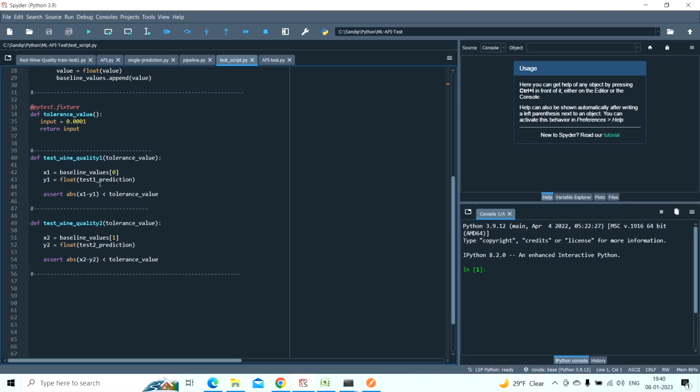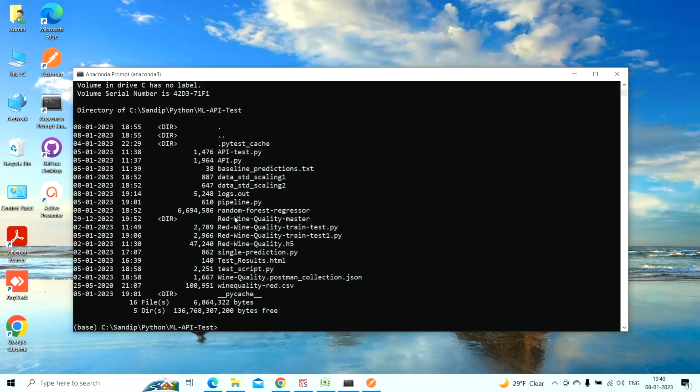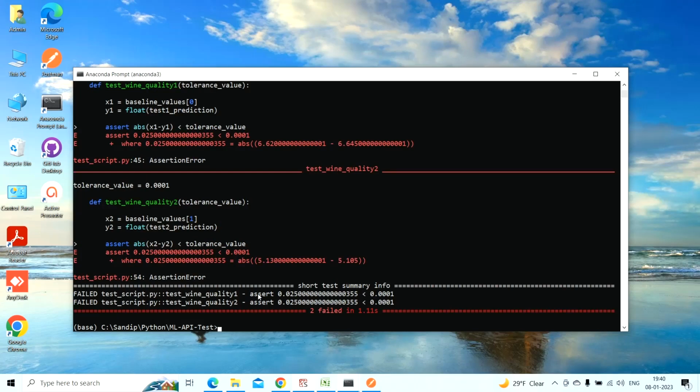And if it finds that the difference is more than the tolerance value, then the test will fail, and you can see the failures. So you can run this particular script, test_script.py, using PyTest on the console. Yeah. So as you can see, it is throwing some difference in results, and tests are failing, because